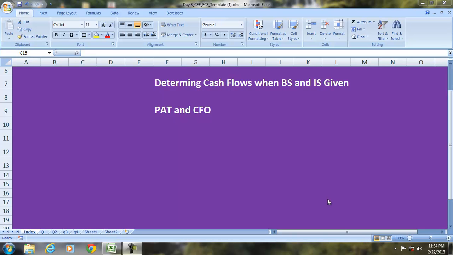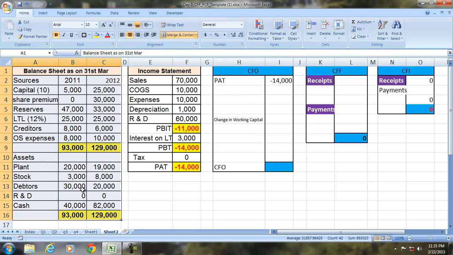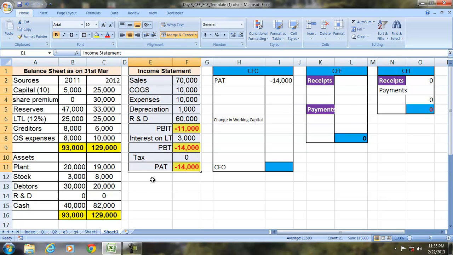Hello and welcome to our discussion on determining the cash flows when the balance sheet and income statement are given. In this example, we will try to prepare the cash flow statement because only the balance sheet and income statement are given. When the opening balance sheet, closing balance sheet and income statement are given, it is possible to find the cash flow statement